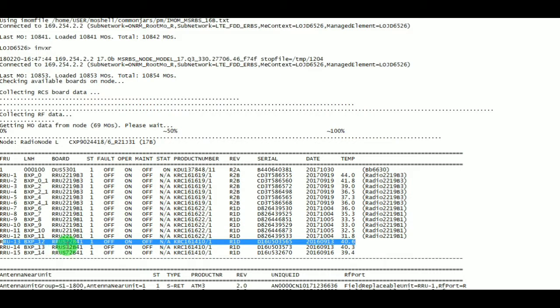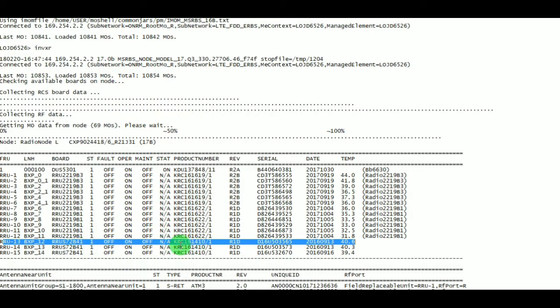It has a different product name, that is RRU S72B41. B41 is a frequency band. It provides support for 2600 MHz frequency, whereas B3 is 1800 MHz and B1 is 2100 MHz, whereas B41 is 2600 MHz.